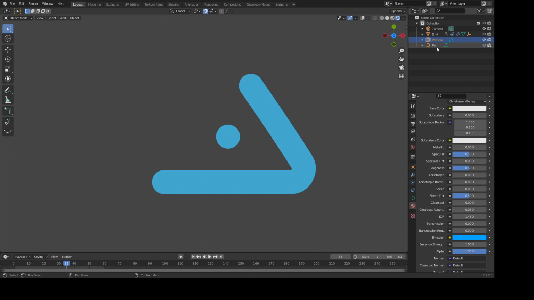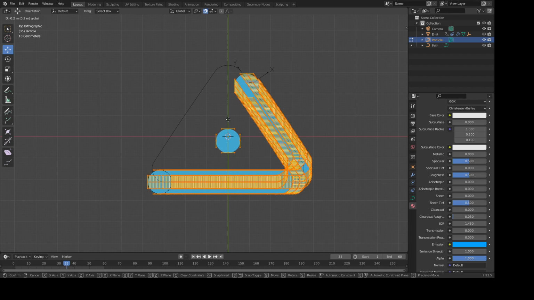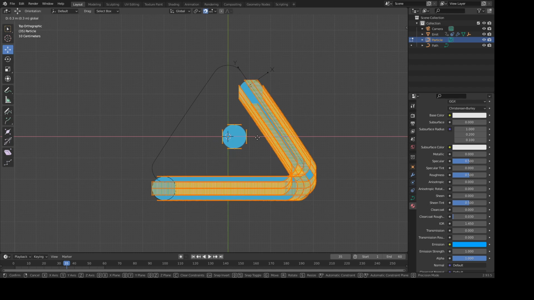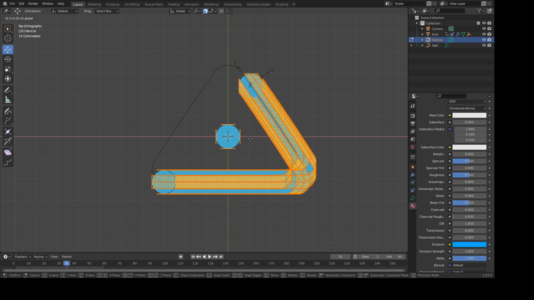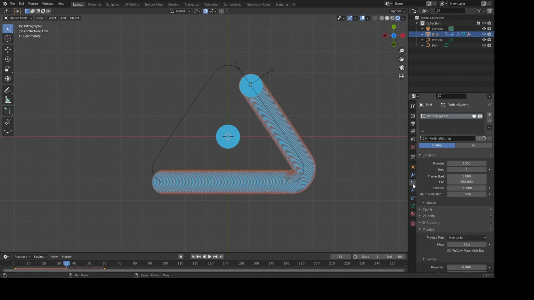Let us go to our particle, go to edit mode. We want to turn on back everything. Now watch this. This is pretty cool. We can actually move it, and you can see how it's going to move, change how it is running along the curve. One thing we still have to do is let's exit this, go to particle emitter, and here we need to